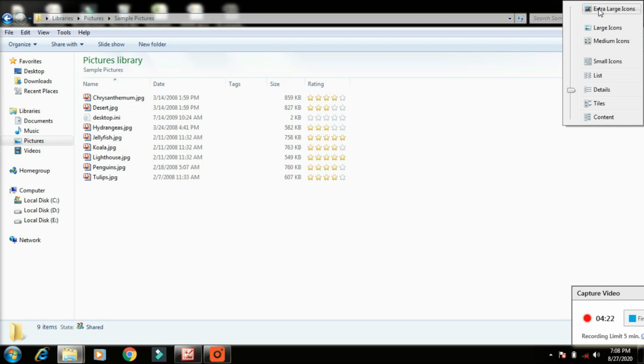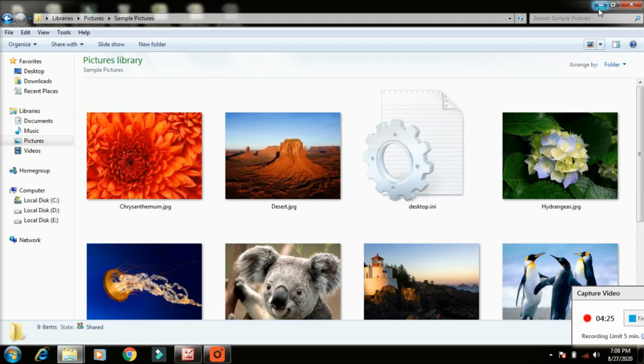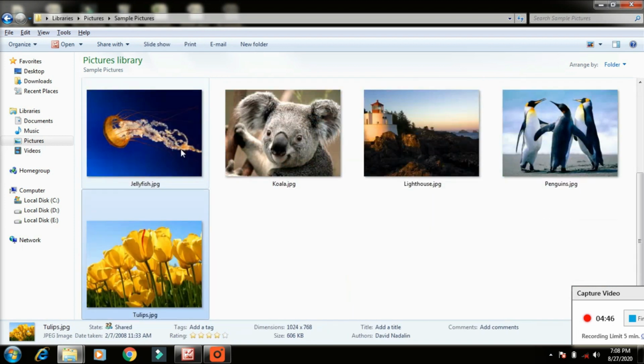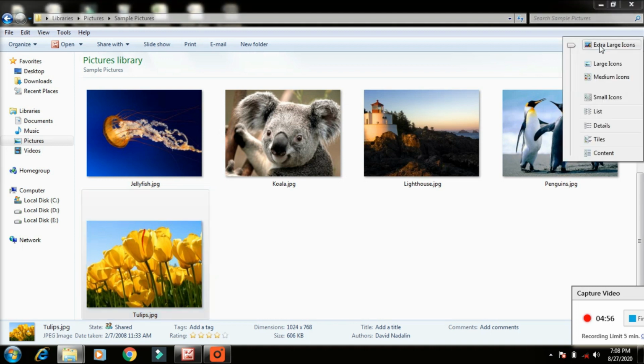Extra large icon. When you click the extra large icons, your folder will automatically open. So you no need to click, no need to open separately. If you click, it will come like this and we can see without opening the file. This file name, what and what pictures we have, everything we can see easily. It comes one by one. This is called extra large icon, where we found it, in the more options place. Understood? Okay, the next one, large icon.